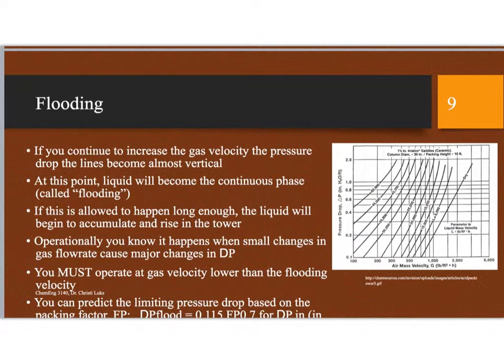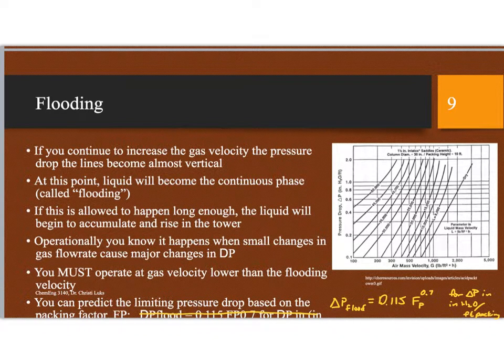You're going to recognize this when you are operating a tower, because even just a little change in the gas flow rate causes a really huge change in the pressure drop. Okay? So what we need to do is operate at a gas velocity that's lower than the flooding velocity. So we need to be able to predict this. And to predict this,